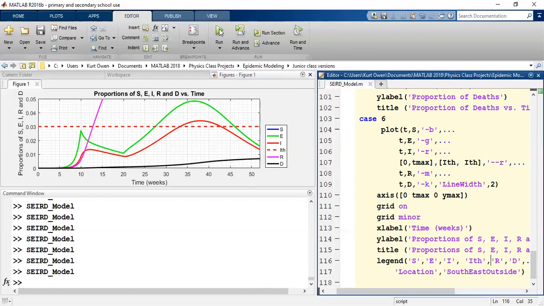And part of the strategy of governments now is to make sure that we don't go over that. So this would still be a little bit problematic, but it's possible we would have time to raise that threshold line so that we would be able to handle that next wave and keep the number of deaths down significantly. Okay, so as long as we stay below the red line, the deaths can't go over 1%. All right, if we go over that line, the deaths can go over 1%. And since 1% of New Jersey's population is about 90,000 people, the case that we had a few moments ago with 1.4